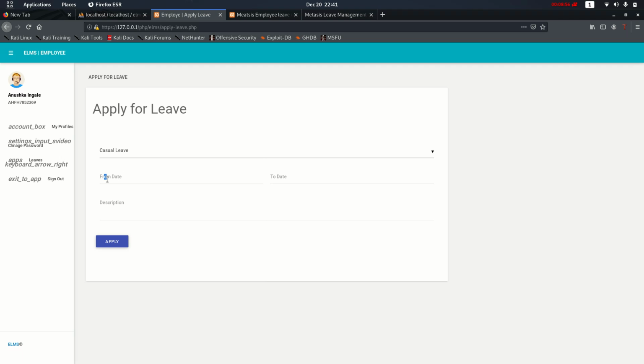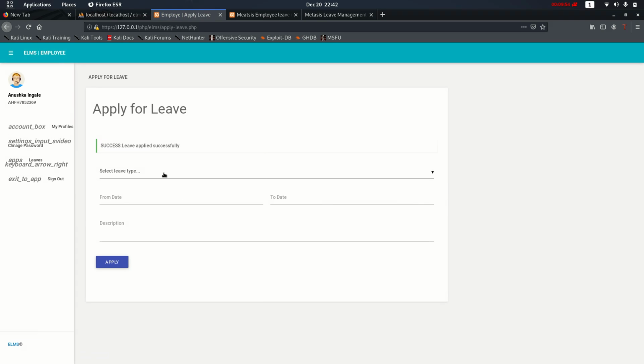So we will try to apply for the leave. Here the user has applied for the leave from the starting date of 14th of February 2020 to 14th of September 2020, and the description is that the user is applying for emergency medical leave, and apply.